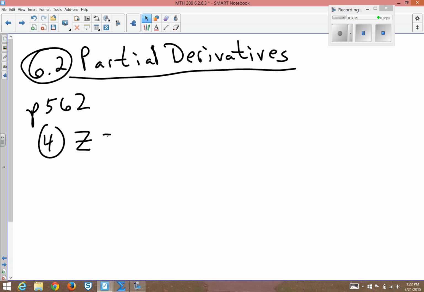Z is a function of x and y. Z equals 2x to the third plus 3xy minus x. There are 4 things in the directions to find. This symbol,